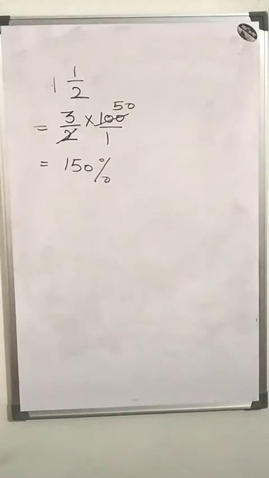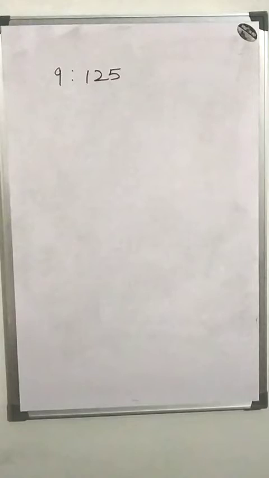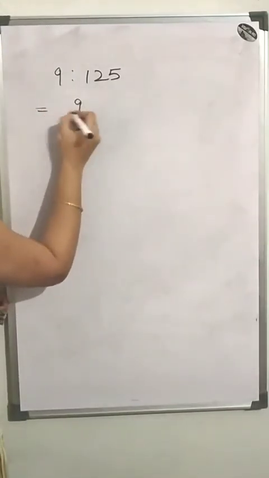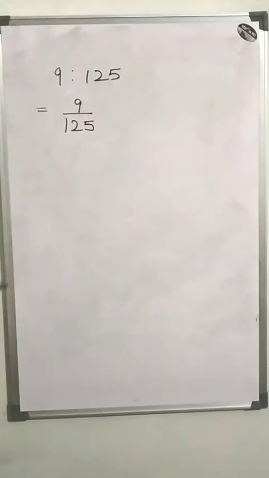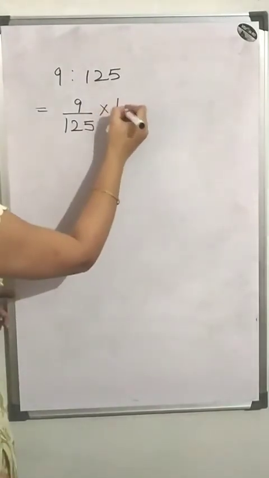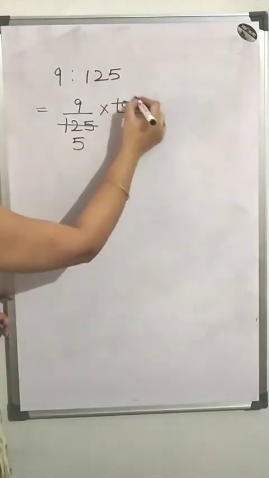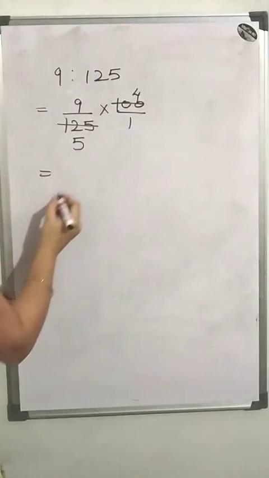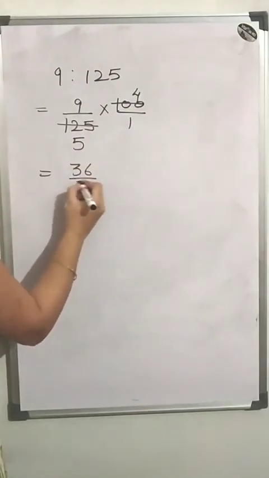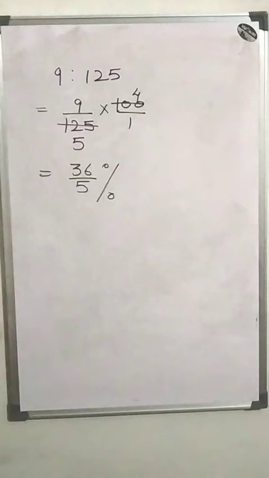Now I will explain how to convert a ratio into a percentage. You have a number that is 9:125. Then how do you convert this into a percentage? The same thing we apply here. We can write this as 9 upon 125. Now this becomes a fraction. So again we multiply it by 100, upon 1 we can write. So 25 5s are 125 and 25 4s are 100. So that is equal to 9 times 4, 36 upon 5%. Or you can convert this into fractions or decimals also. So in this way you can calculate the answer.